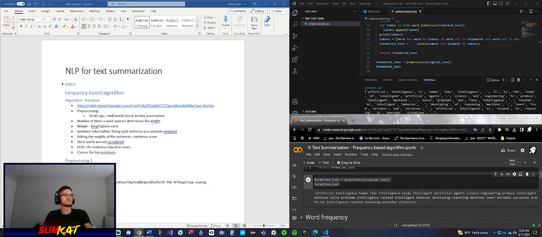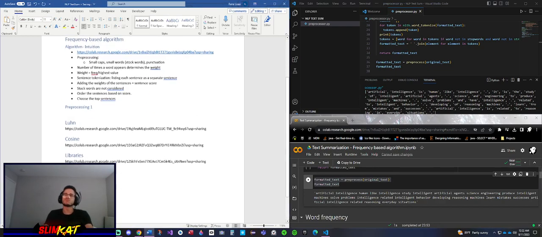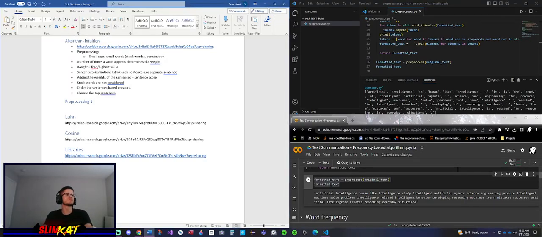Let's open a new cell of code. I will create a new variable called word frequency equals nltk, and there is a function called FreqDist, which means the frequency distribution of the words. And now let's send here the formatted text, the text that was preprocessed in the last lecture. Let's take a look at this variable, word frequency, and see that it is counting the characters and not the words. For example, letter A appears 19 times, letter B